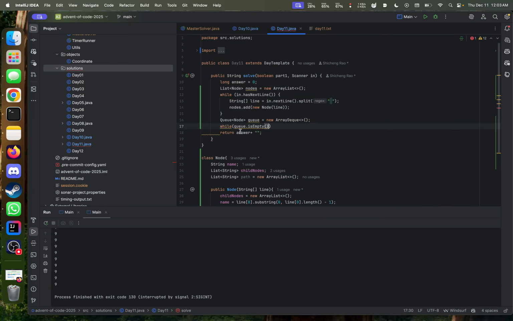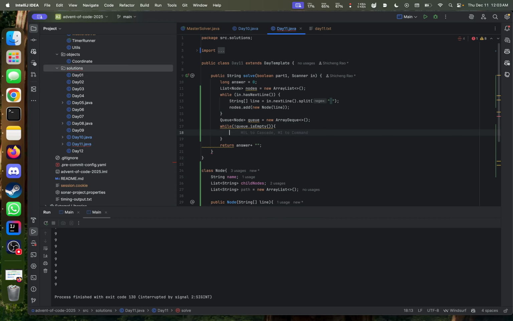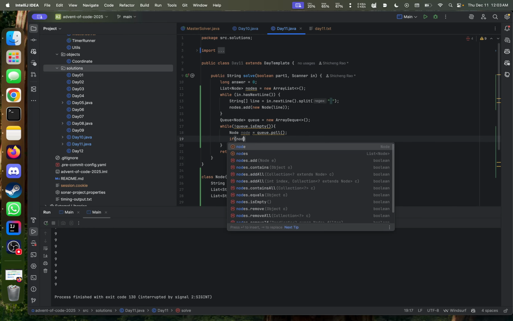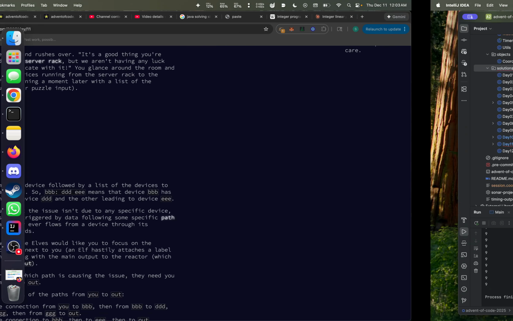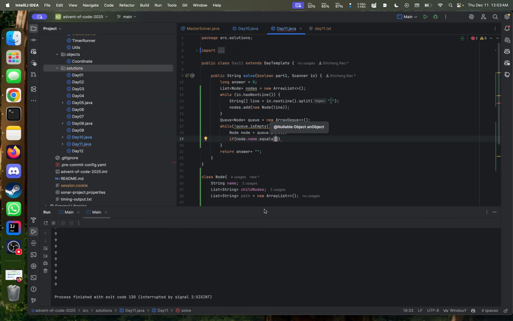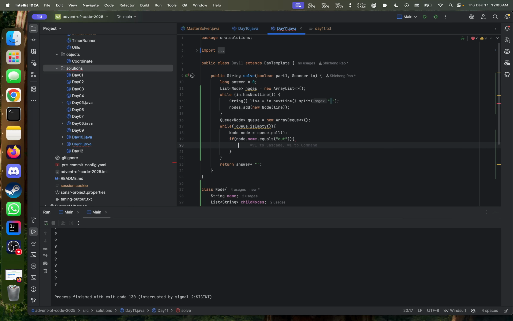And then while the queue is not empty, we do something. Let's do node equals q.poll. If node.name equals, what is it? It's out, right? Out. answer++. Otherwise,